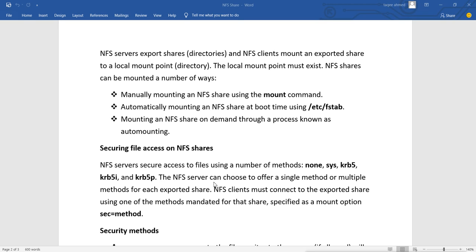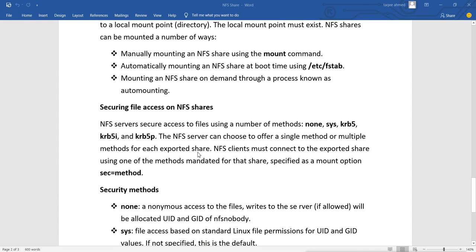The NFS server can choose to offer a single method or multiple methods for each exported share. So an NFS client must connect to the exported share using one of the methods mandated for the share. Whatever the server is configured with, the client must choose those options.